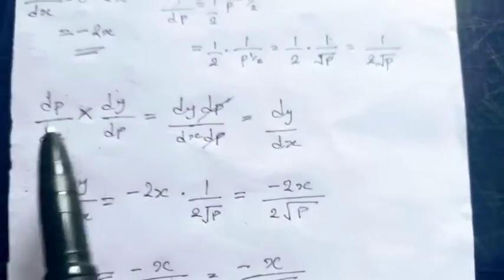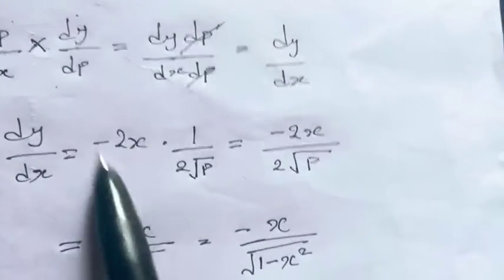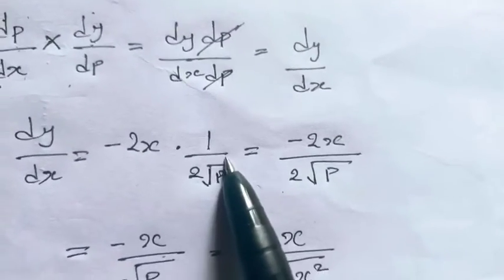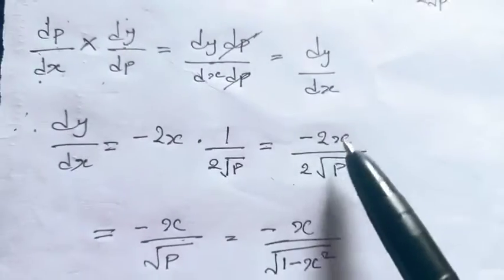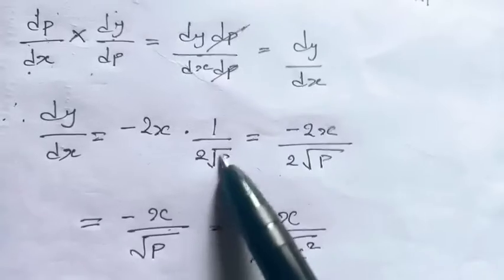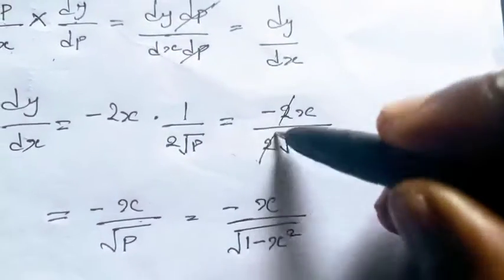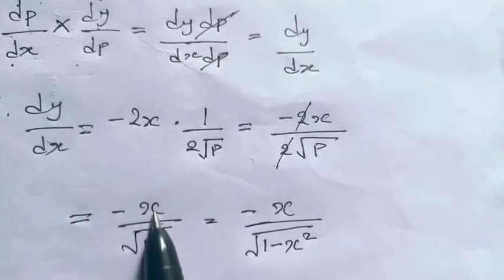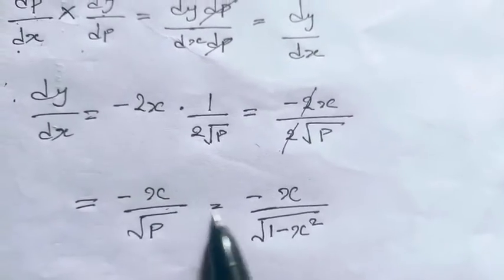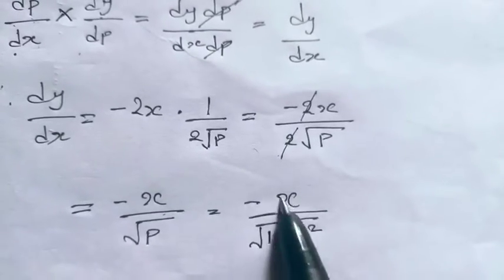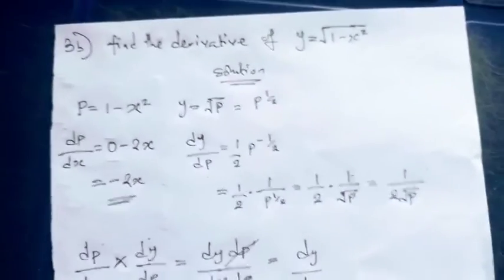So dy dx is simply multiplying these two functions together, which is what I have done here. So we can see that negative 2x multiplied by 1 gives me negative 2x, all divided by 2 square root of p. And in this case also, these two 2s cancel out, leaving me with negative x divided by the square root of p. And this is equal to negative x divided by, what is our p here? We can recall that our p